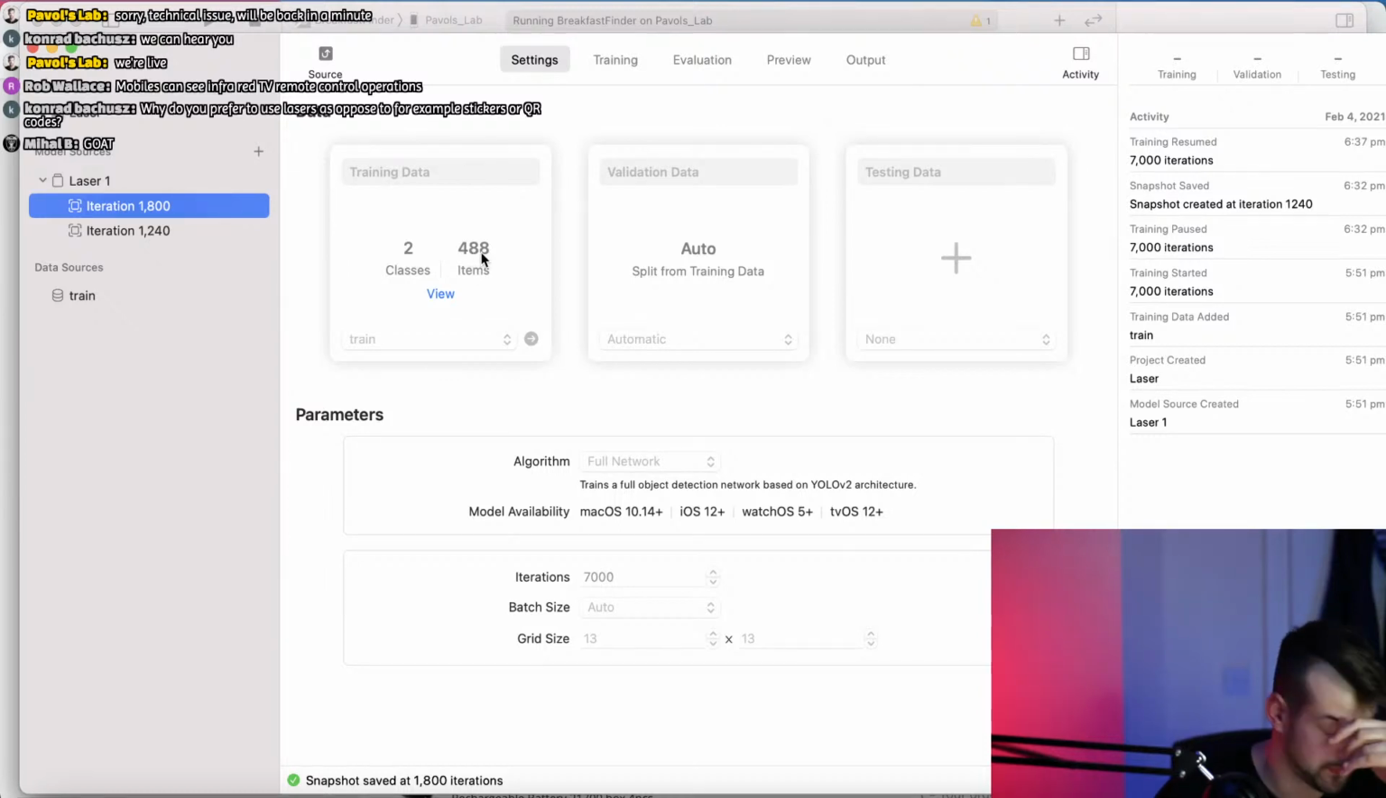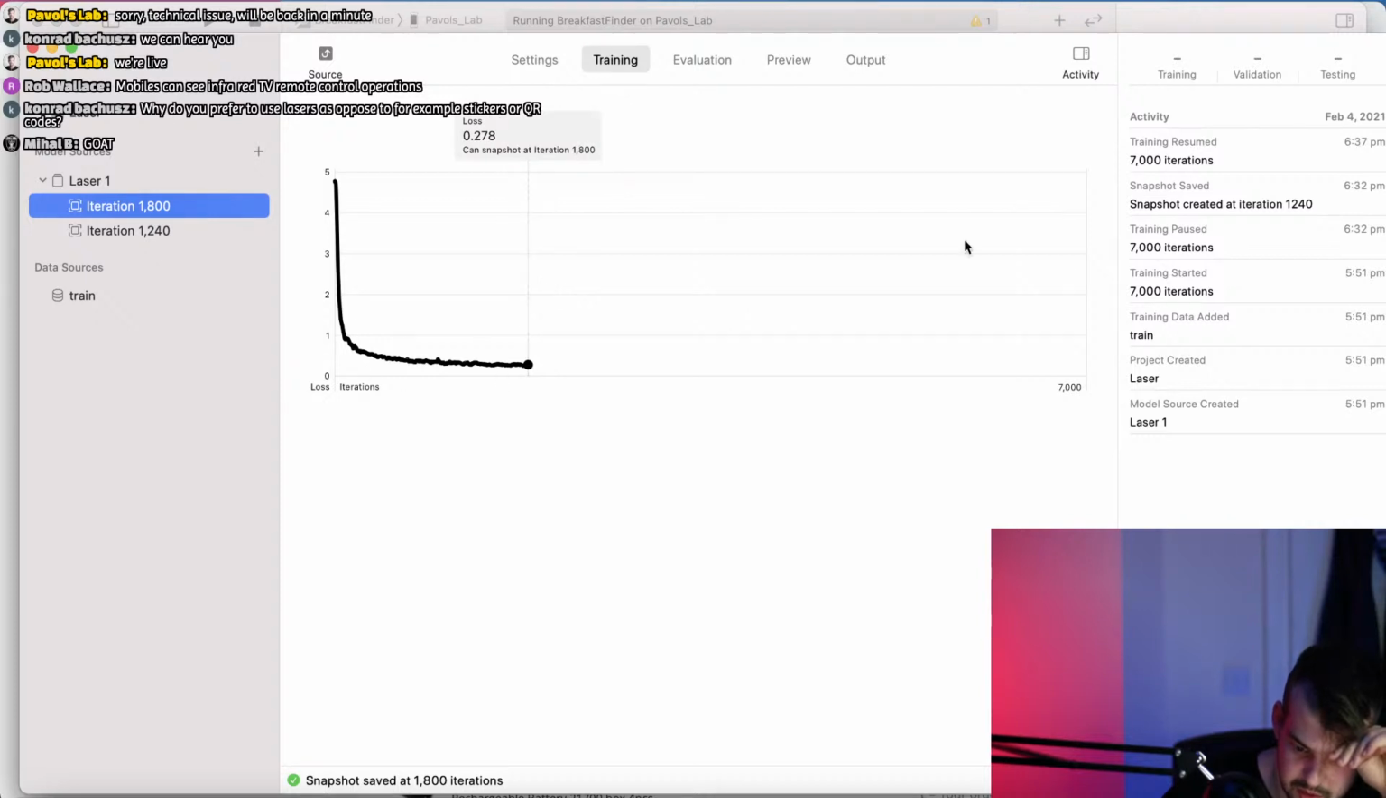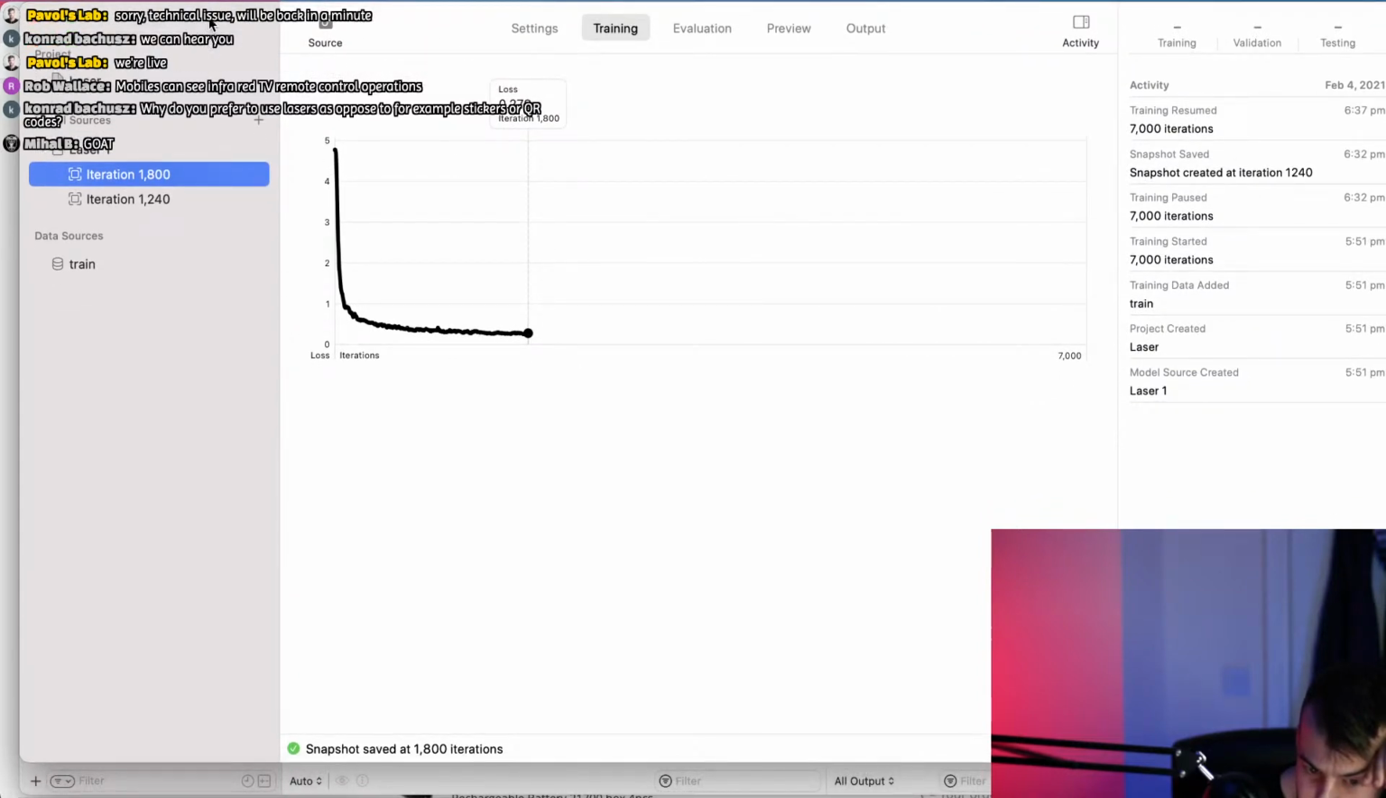488 images. So this was training for how long? I started at 5:51, so plus minus within half an hour I was able to train 1,800 iterations, and that's only thanks to